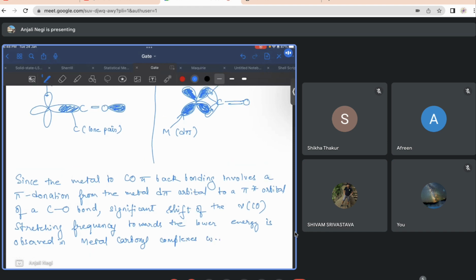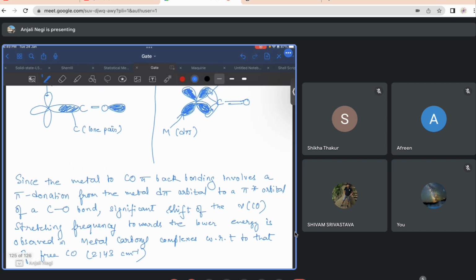So this is all we are saying, the lower frequency of CO stretching is all with respect to the free CO, which is 2143 centimeter inverse. Okay,